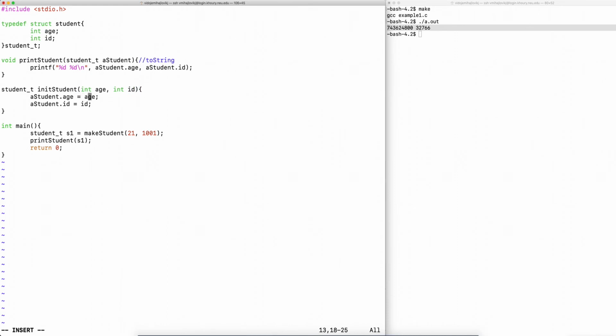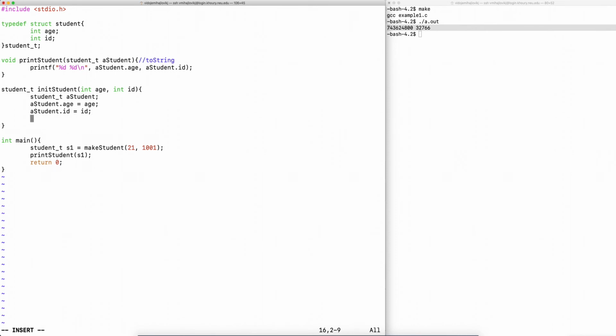And here I will make a brand new student. So we'll say student T, a student, and I'm going to initialize it here, and I'm going to return a student. Okay, so I'll say escape, shift colon, W to write,